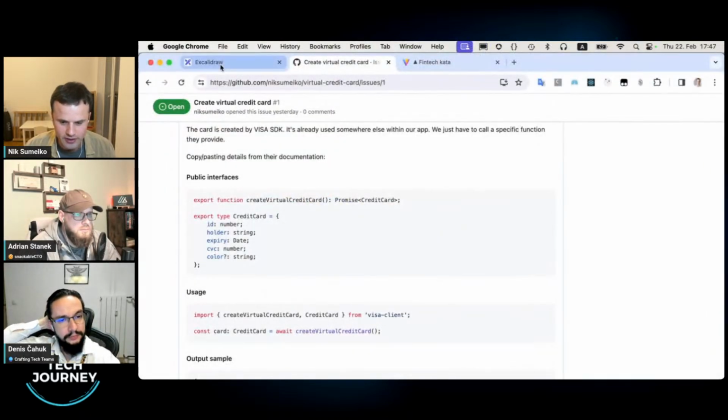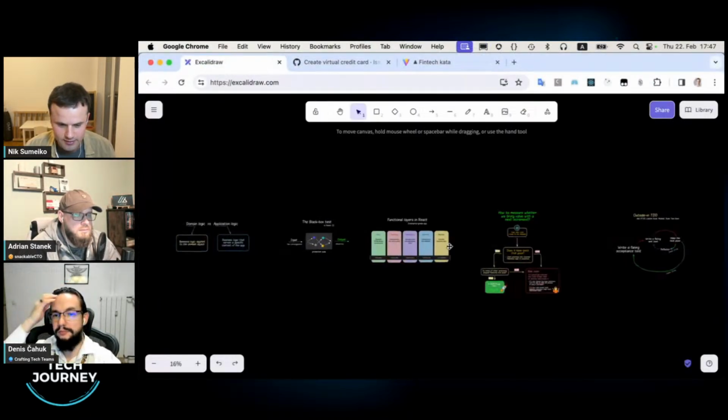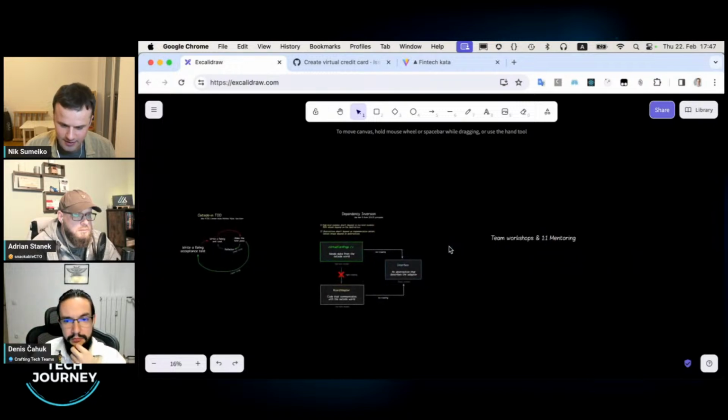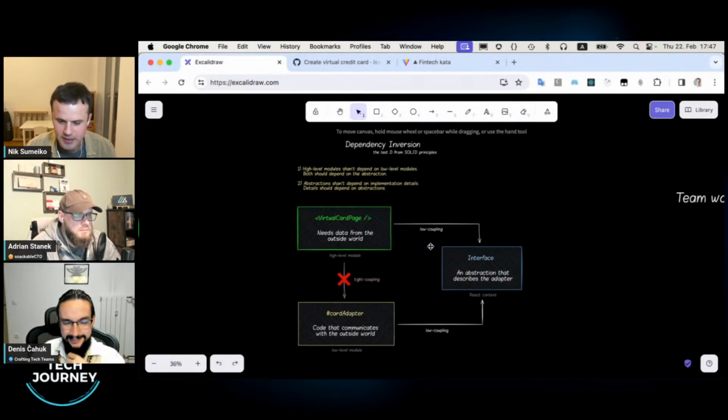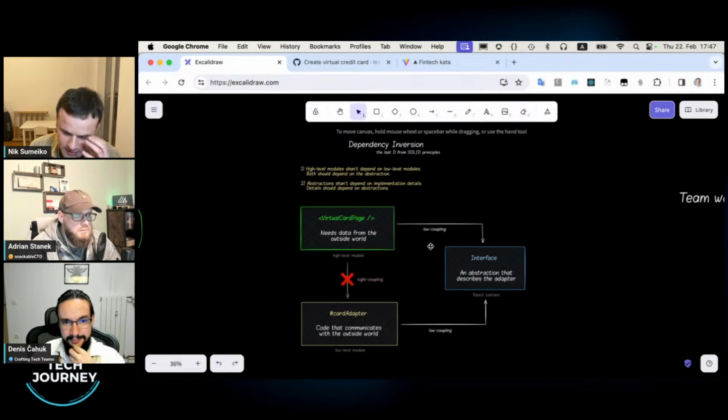Let me show you the diagram from my slides. The dependency inversion, that's the last principle from SOLID, actually, assumes that there is no coupling between the outside world, in our case between Visa SDK, and the React code, in our case the use case functional layer.